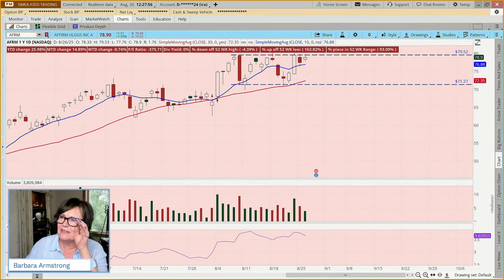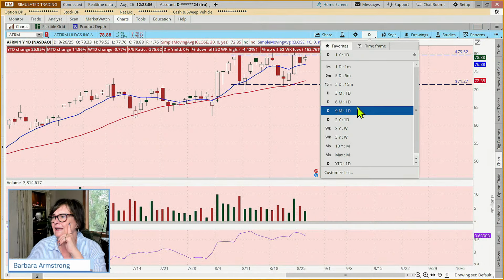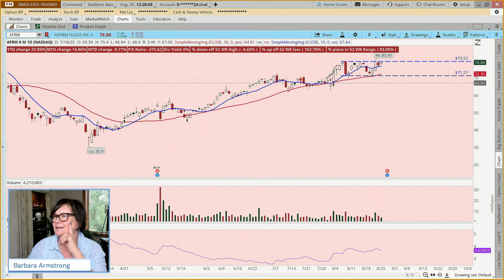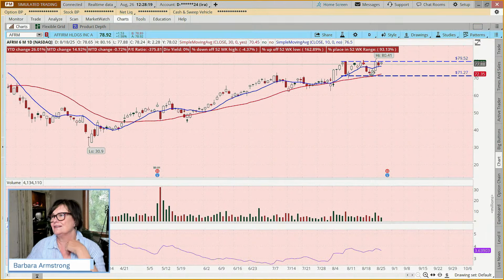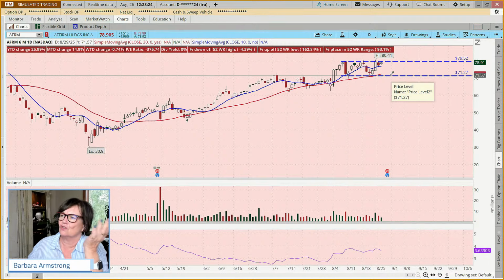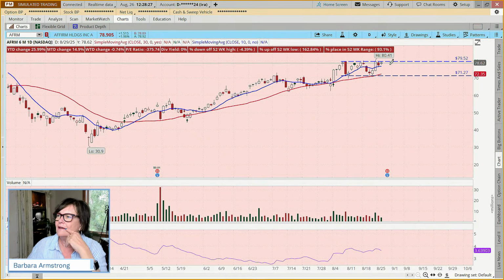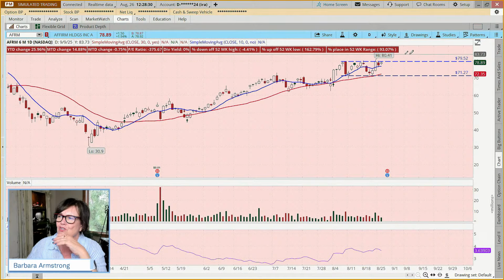So Charles is asking, would this be a candidate for an iron condor? And when I look at this, I would say, nay, nay, to quote John Pinette. And why would I say nay, nay? Because it's only been consolidating here for the last couple of weeks. It has been in a pretty decided uptrend since the beginning of April. And so, you could sell a short put vertical when it's bouncing off support, or do something else that might be bullish, a long call vertical, or buy the stock. But to sell a short call vertical, which is the top of the credit spread sandwich that makes up an iron condor,